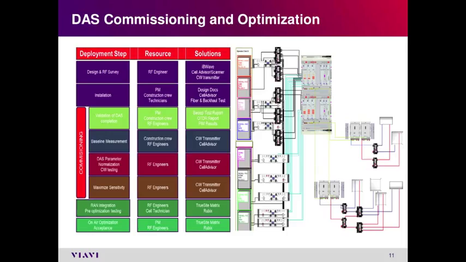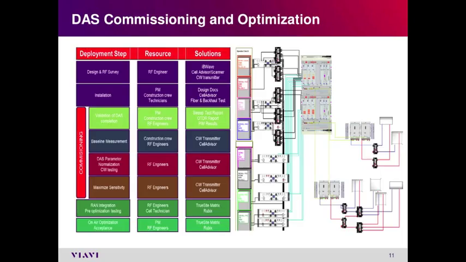Now on the left-hand side, I've tried to map the different steps that are required, who will be doing them, and what kind of solution you need. So if you go from the beginning, you're doing a design and RF survey just like we talked about. You need an RF engineer, a tool like iBwave, and certain tools like scanners or CW transmitters, so that I can capture that data and take it back to my design tool, iBwave or something like iBwave, that basically you can design